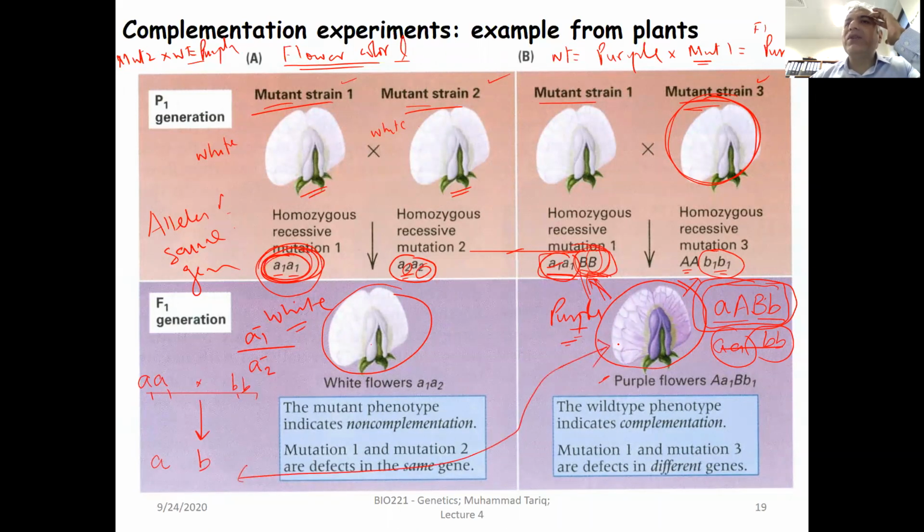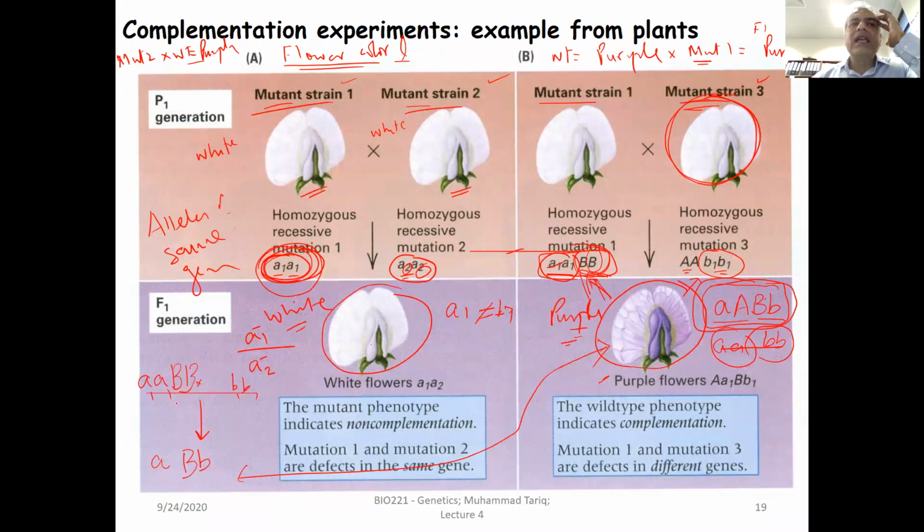Because this one tells you that they are no more homozygous recessive. They are not this state. They are not allelic. A1 is not equal to B1. So you say, okay, complementation is taking place and the wild type allele of capital B is coming from this